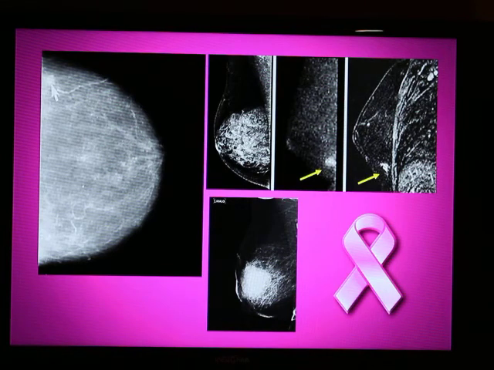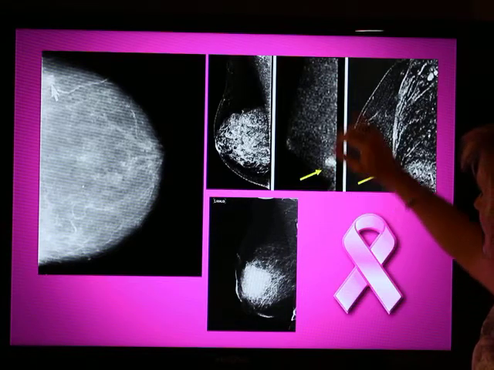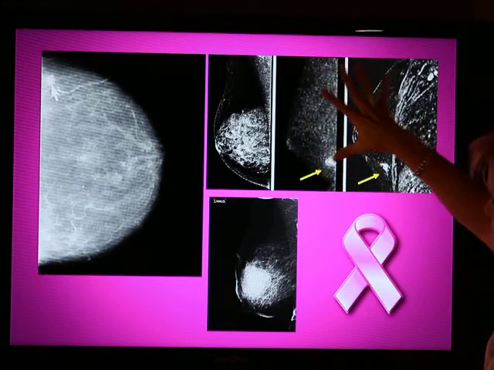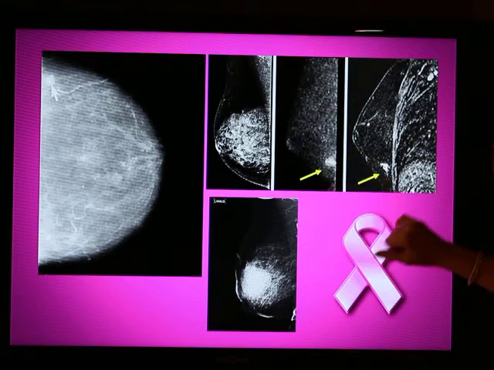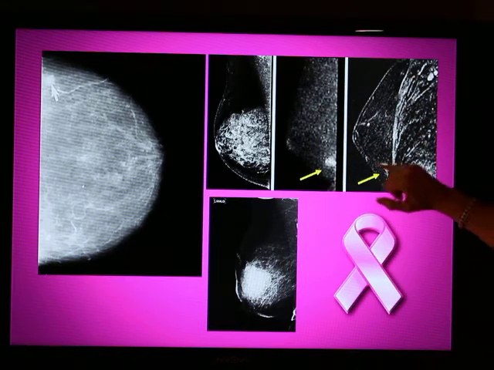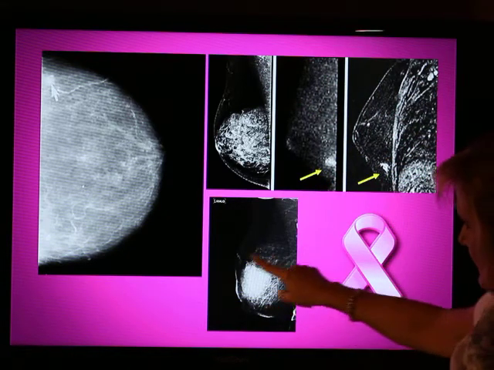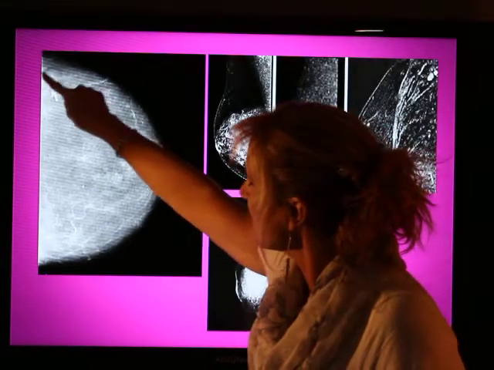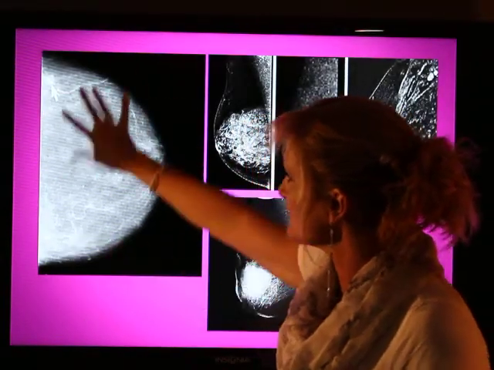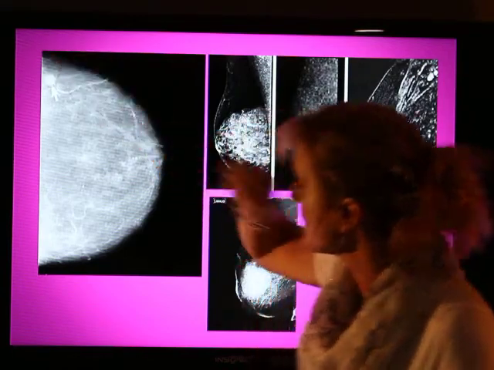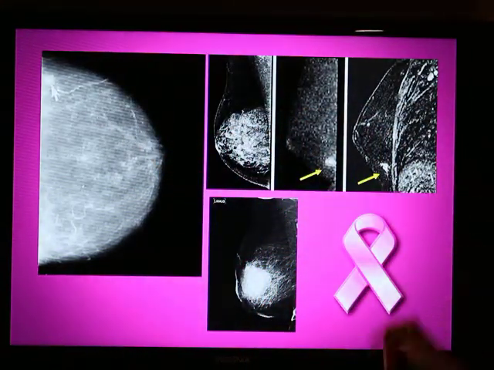The physician would then call in the female patient and start treatment. You can see a smaller breast here, not as dense, and you've got a problem here. Another one, a problem here. There's a big problem here. There's a smaller problem up here, in a larger, denser breast, but there's still, you can see where that white one is right there, those are all